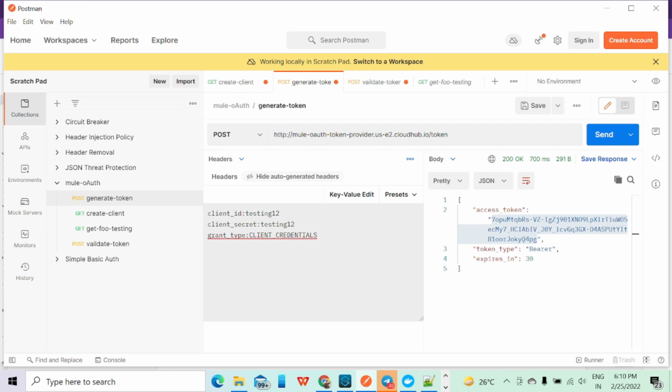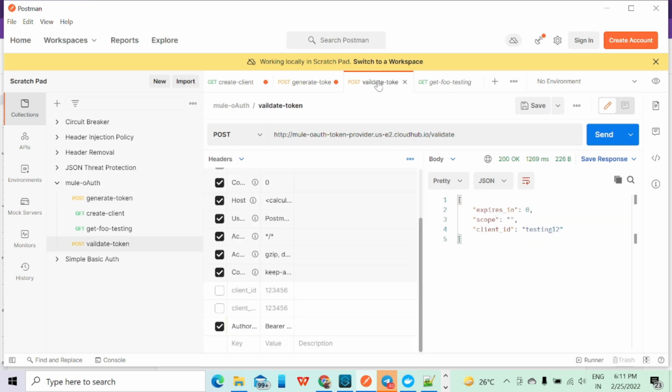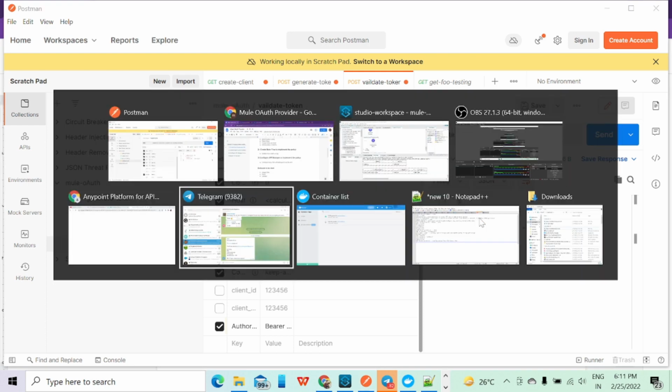Then we generated a token for that. So it expires in 30 seconds, so we need to generate it again. Then this is the validate token. So now we don't need to validate this token because this validation part will be handled by your Mule. So if I show you the diagram,